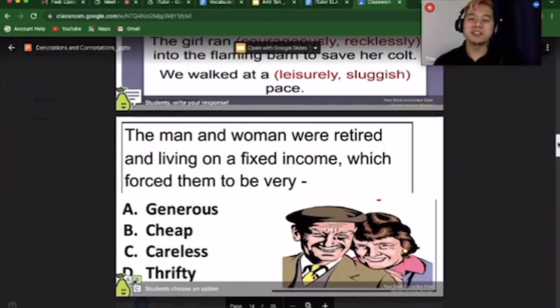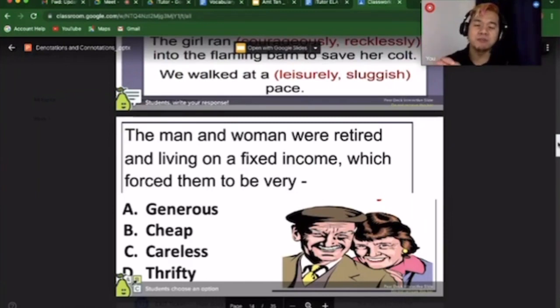So nobody chose that answer. What about cheap? Oh, I see some of you answered that. So Ludwig answered that. Wyatt. Okay, good choice. What about careless? Okay, nobody answered. What about thrifty? Oh, I see EO raising his hand on this option. And I think half of the class chose this. All right, so we're down to the two options, cheap and thrifty.